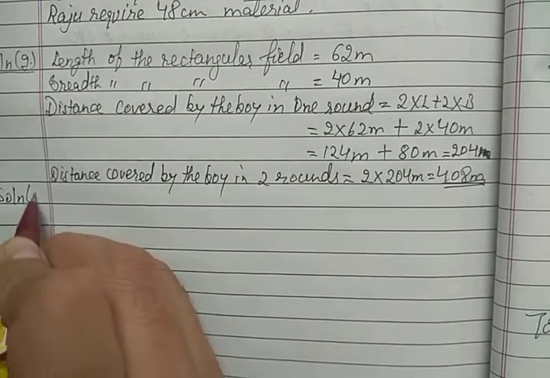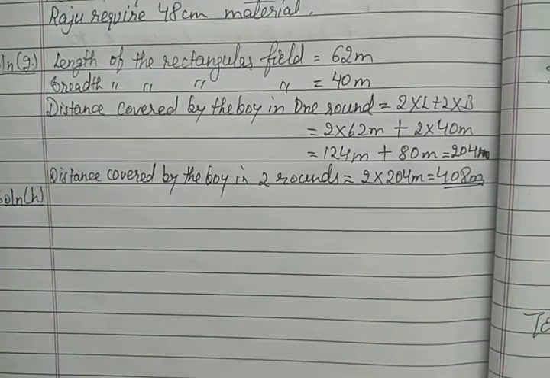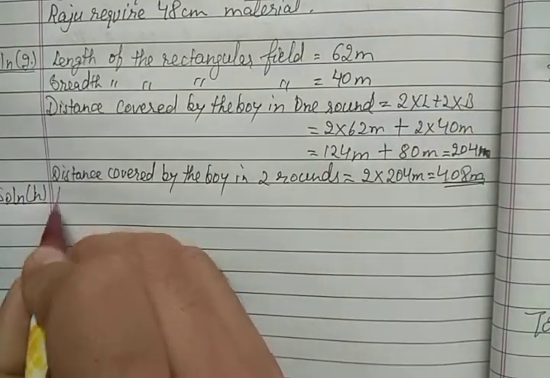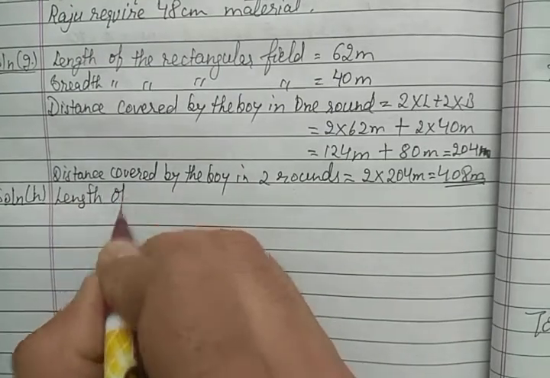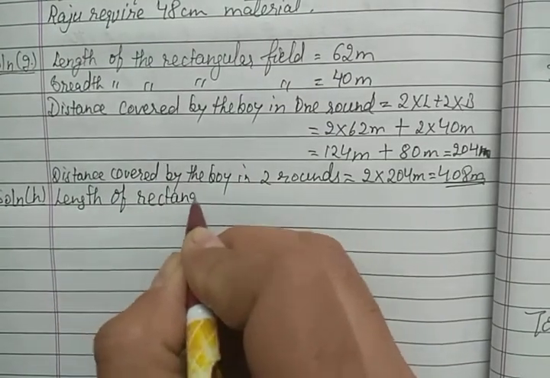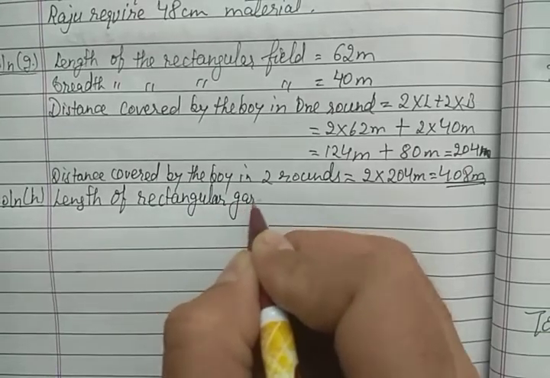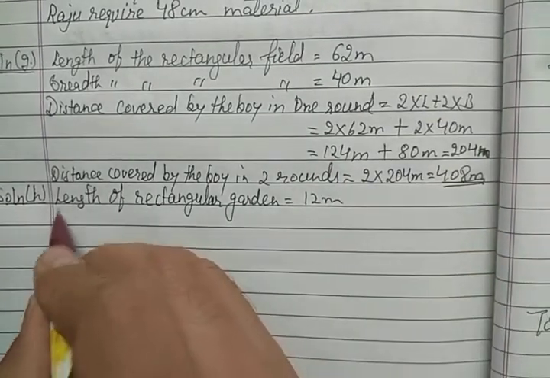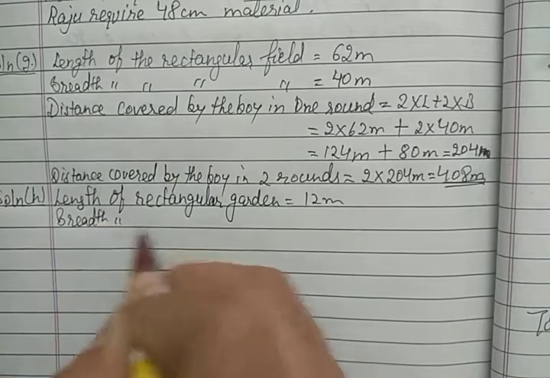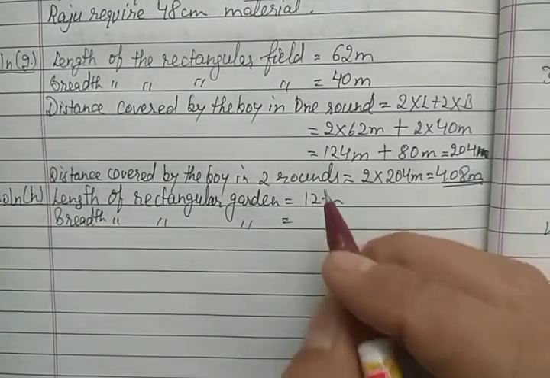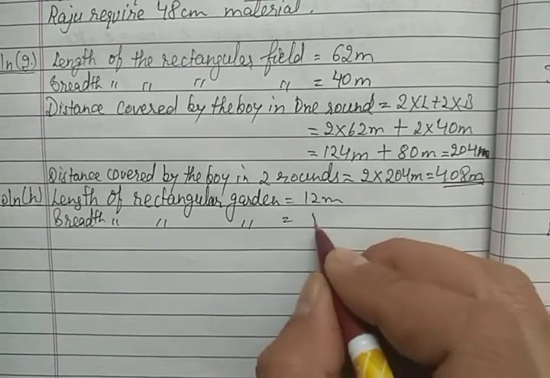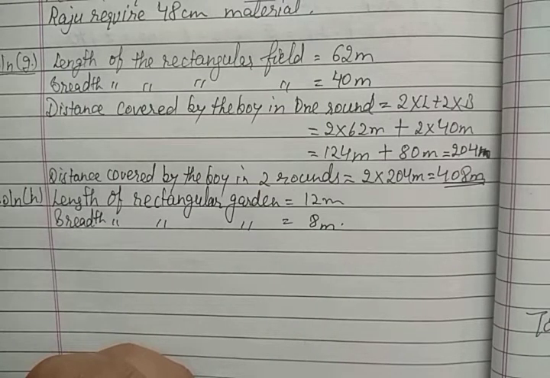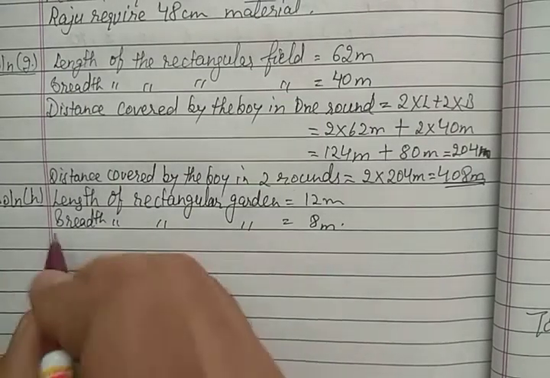H part, length of the rectangular garden, that is 12 meters, and breadth of the garden, that is 8 meters, right? And distance run by, covered by Tina,